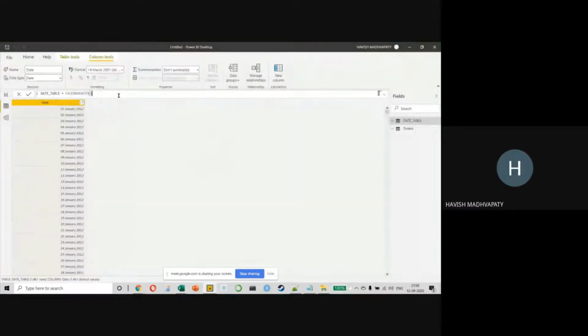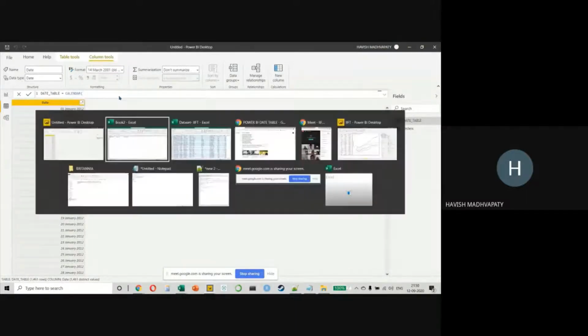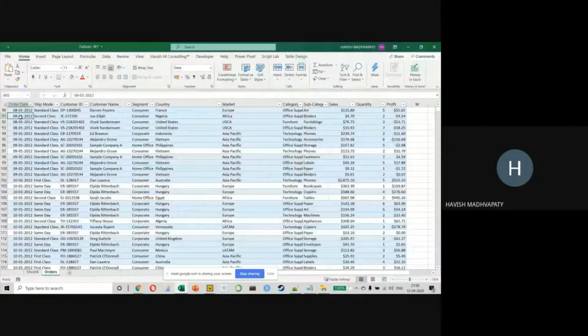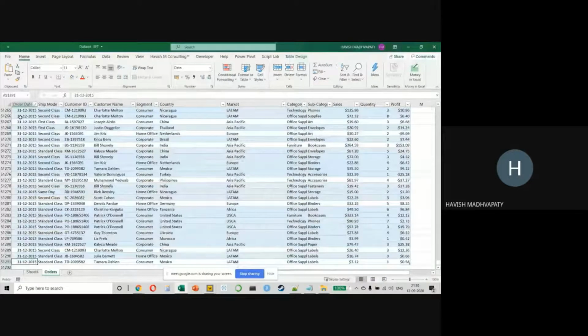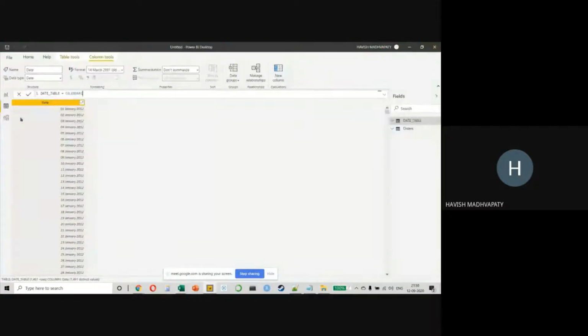We will not use calendar auto. I'll do a manual calendar, which means what is the range of my data, from the 1st of January 2012 till the 31st of December 2015. So I'll just simply say, I want to create a date. In fact, we should start at the 1st of January and the end date will be, I'll create another date, which is 2015, 12 and 31 like this. Right. Now, this is better because I'm choosing the start and the end value.